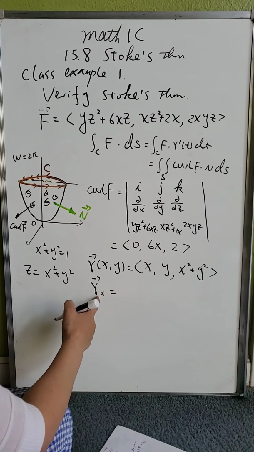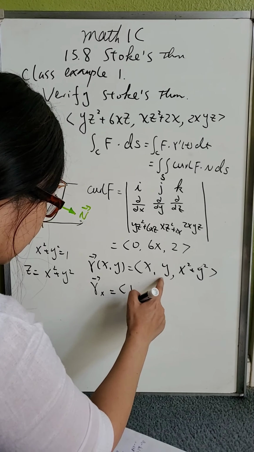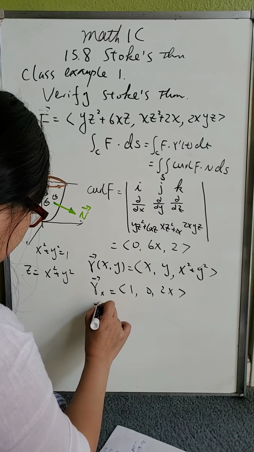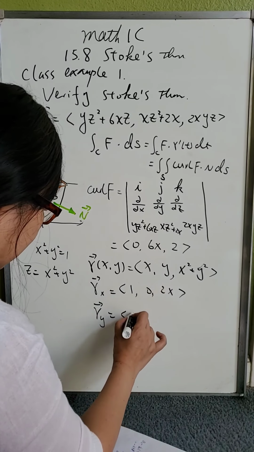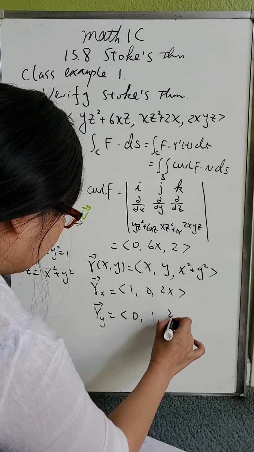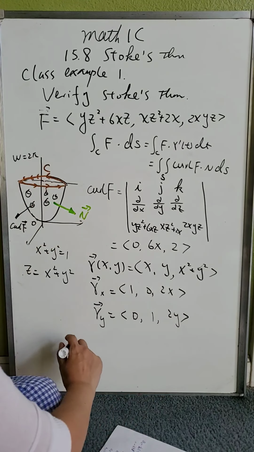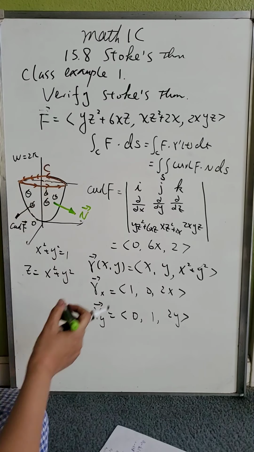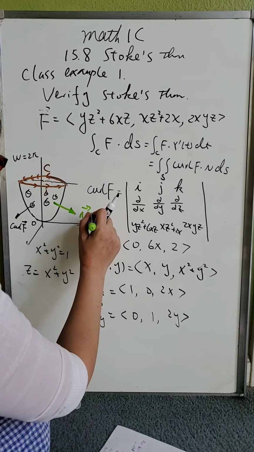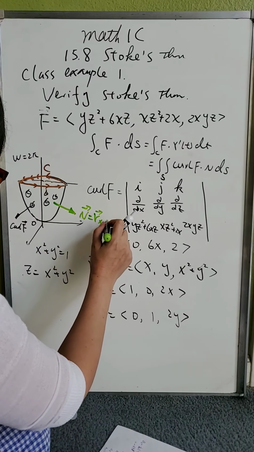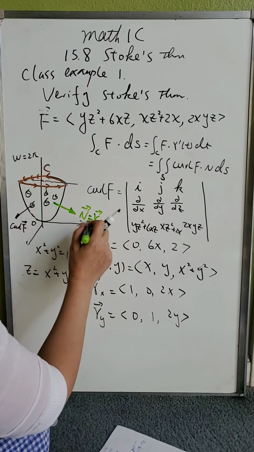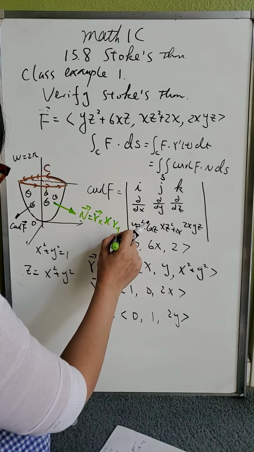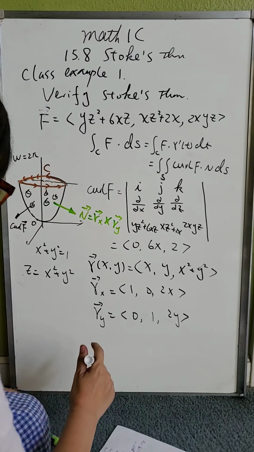And then now I need to find Rx. Rx equals 1, 0, 2x, okay? And then what about Ry? Ry is equal to 0, 1, 2y. And then I need to find the cross product, because for this n there's no surface function, so you have to use a cross product, because the cross product gives us a vector perpendicular to the surface, right? Okay, so when I cross them,